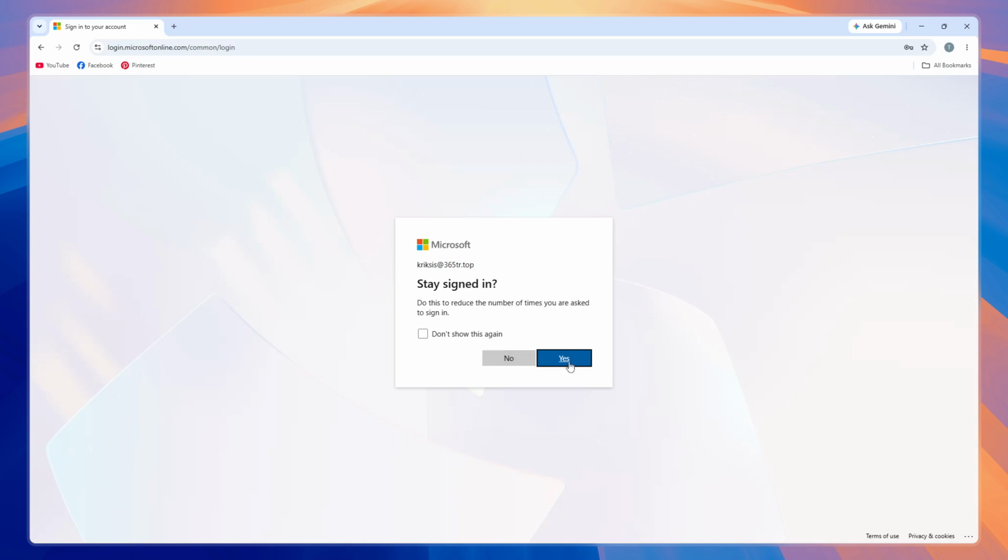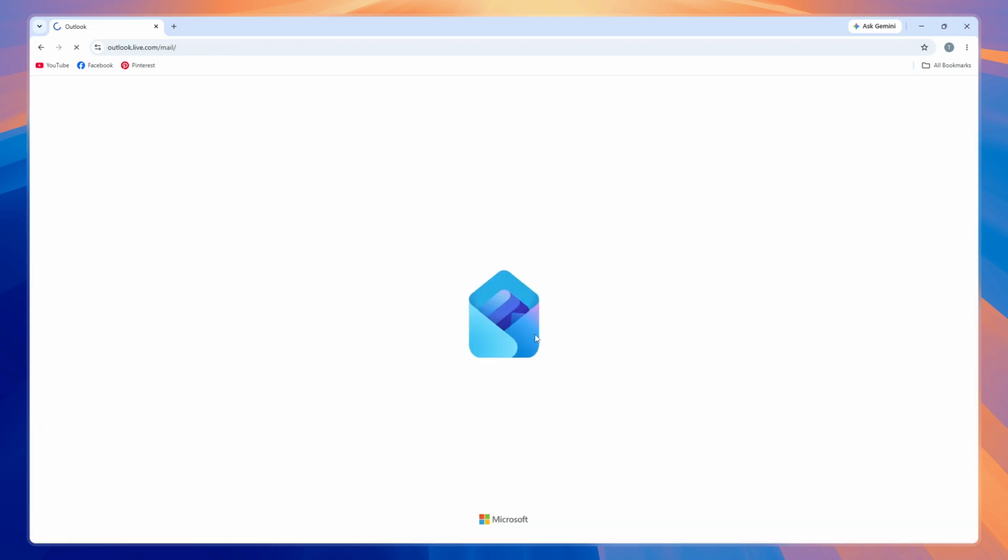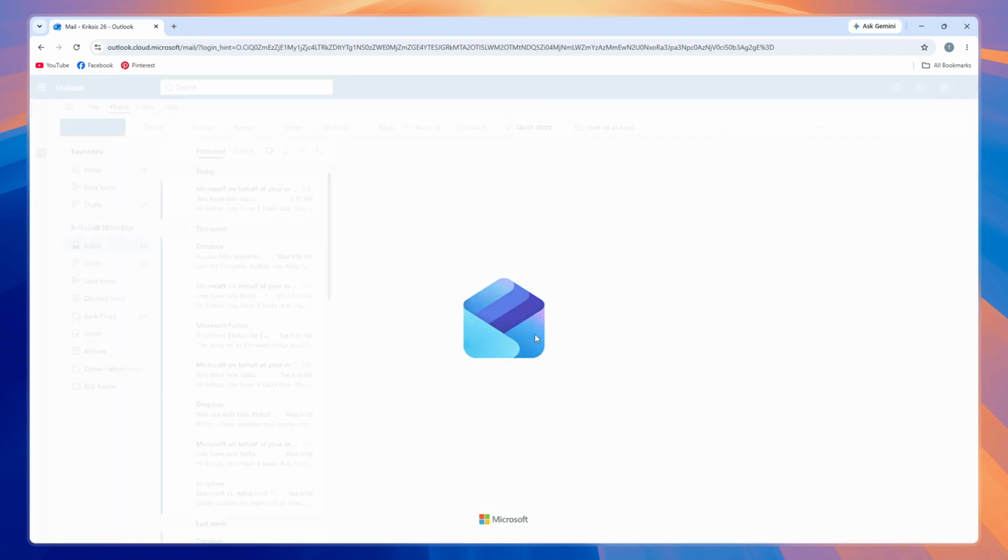If you're using a shared or public computer, it's safer to select No. If you're on your personal device and want quicker access, selecting Yes saves you from having to log in every time. And that's it. You've successfully logged into your Outlook account through Google Chrome and can now access your emails,